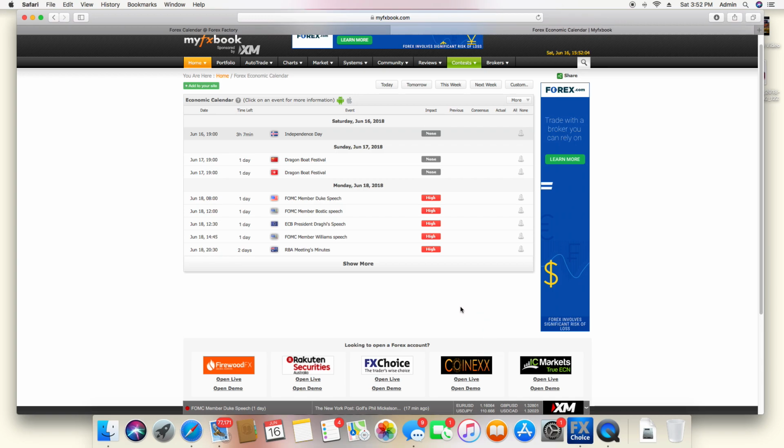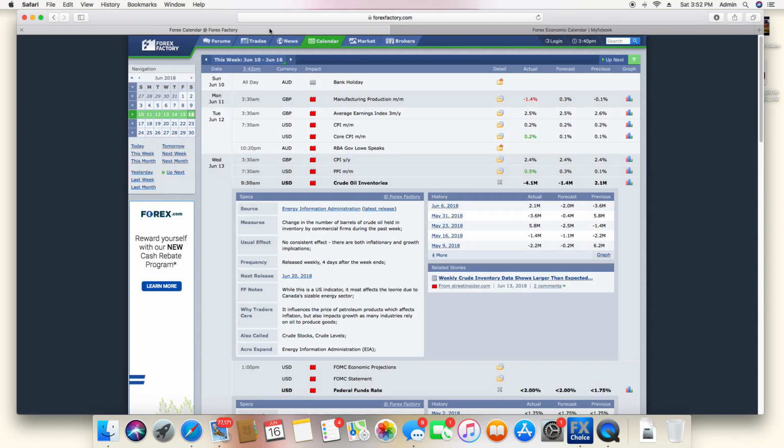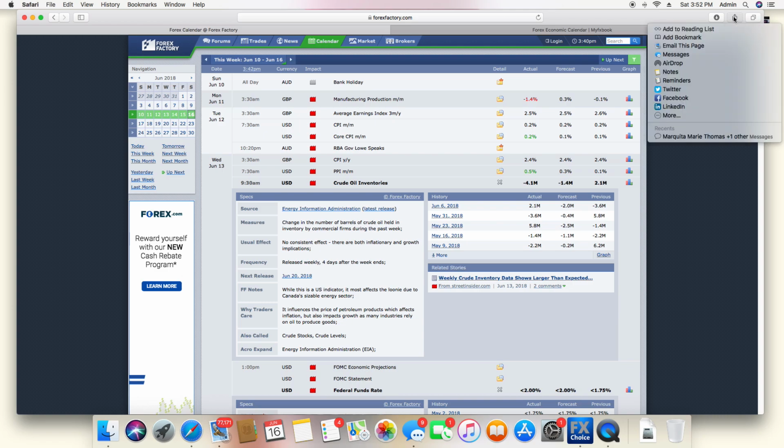All right, so then we're going to save that. Now for both of these, if you have an iPhone, not exactly sure about an Android because I have all Apple products. So if you have an iPhone, for both MyFXBook and also for Forex Factory, at the very bottom, you can kind of see it up here because I'm using a Mac desktop. Go to your sheet of paper with the arrow through it,